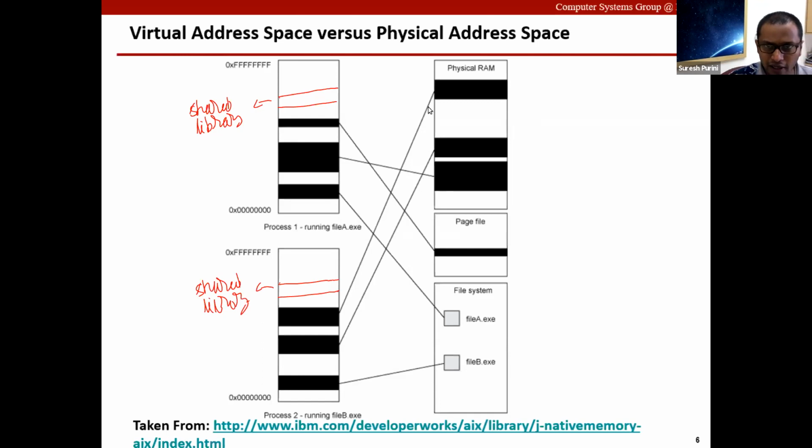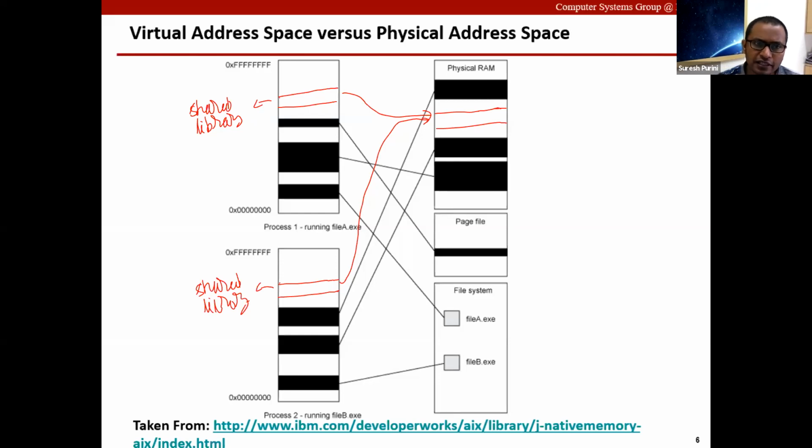I think it is possible for these two shared library pages to get mapped to the same physical page. Because if you see the code, there is a lot of commonality, and you unnecessarily end up wasting a lot of physical memory. So if we can map the virtual pages associated with them to the same physical pages, then you save on memory.